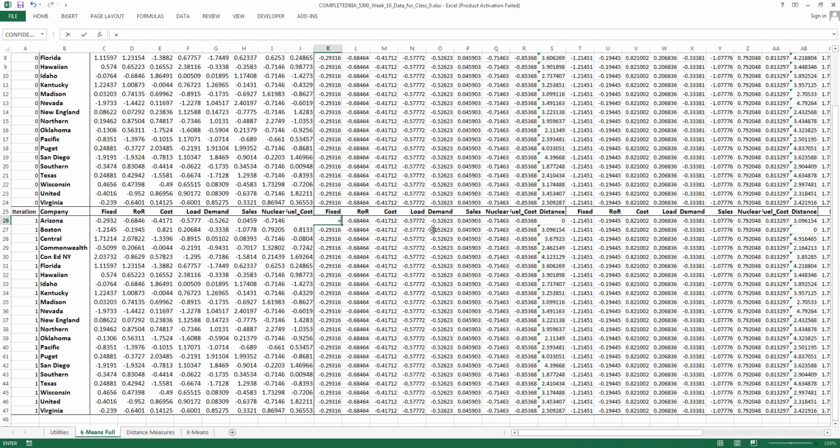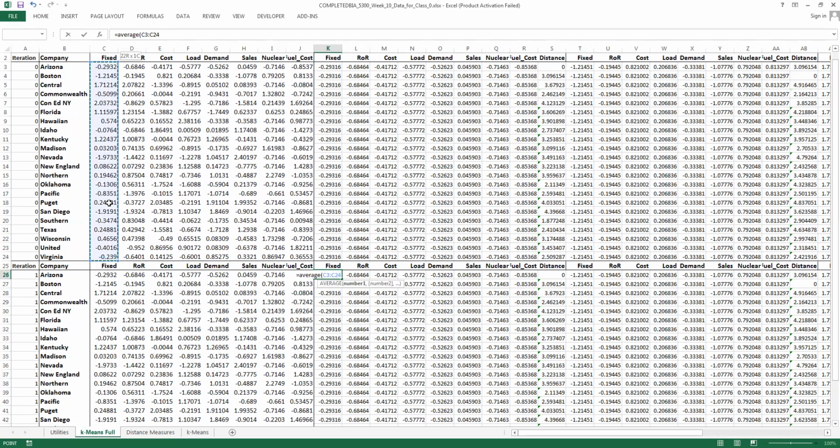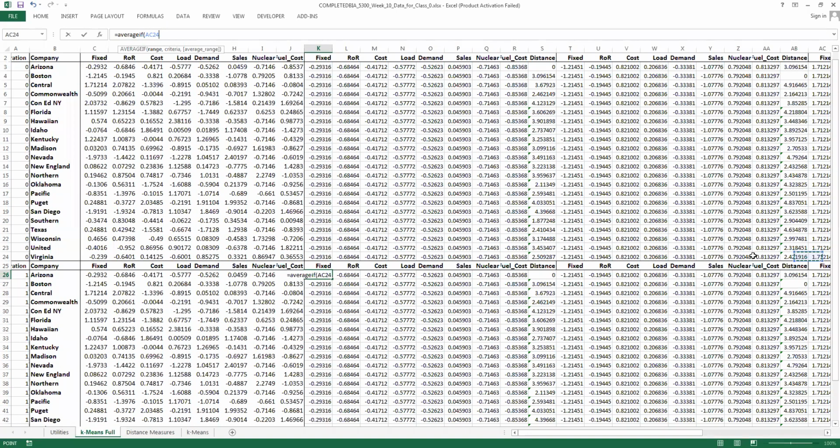the average. Now we have the fixed, then we have ROR, then we have cost, we have all these different variables. So we're going to do the average of all of the actual data, all of these fixed, but it's if, so we're going to do an average if. Oh yeah, average if is different from average ifs. If you use average ifs, you put the thing that you're averaging first, but for average if, it goes at the end. Kind of weird. Anyway, average if, the range: we want to look over here at all the clusters assigned,